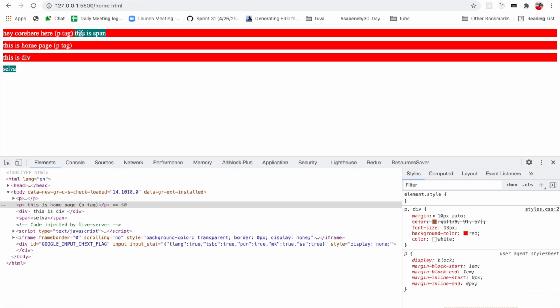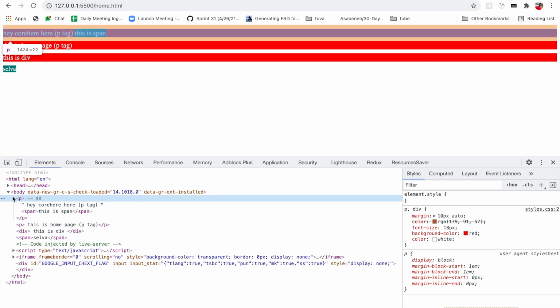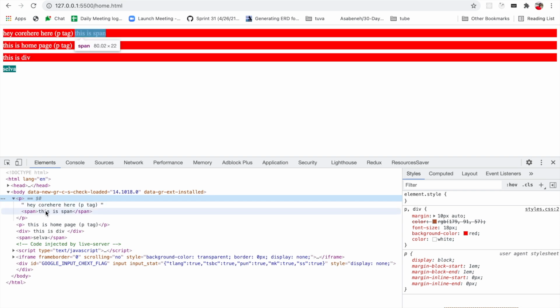Basically all inline tags like span, strong, bold, italic, all the inline items inherit the parent property. Here the span tag is inheriting the line height and font size from the parent. So it won't make any huge difference for the actual text. Okay.